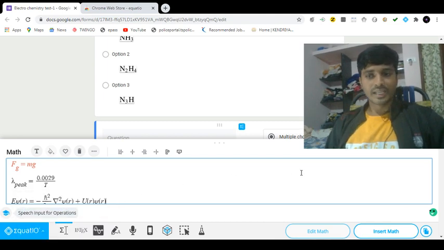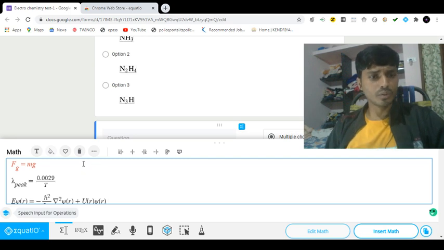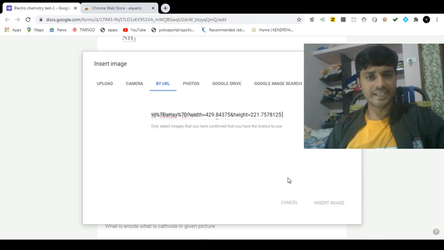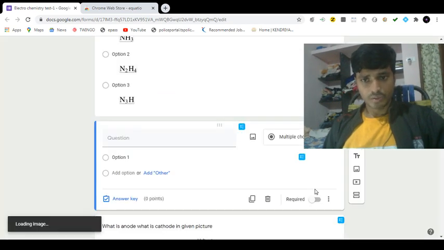So this is a Schrodinger equation, but this formula is a little bit different from the one we use in chemistry. For that formula, we can use the screenshot reader option that I will explain at the end. So for example, for this type of difficult formula, how can we use that? Now what you have to do is insert math. This is just a hypothetical idea I am giving you of how to do this.